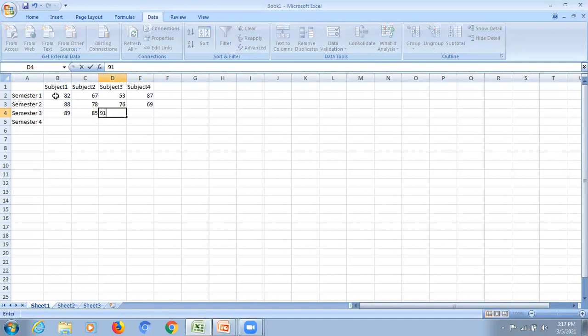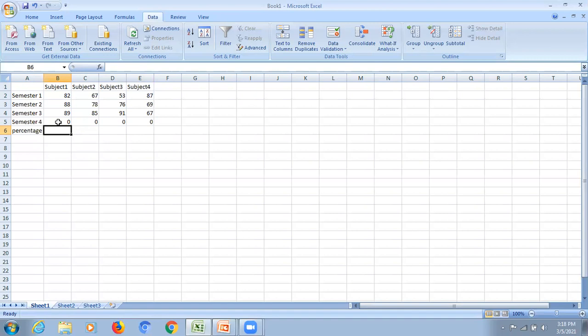So let's suppose that the 3 semesters are over and she has scored these marks, and now she has made up her mind that she will score in total a distinction. That means 75% she wants to score as a total percentage. So right now, let me take here the value as 0. Through goal seek, she will come to know how much she has to score in each subject in order to score 75%.